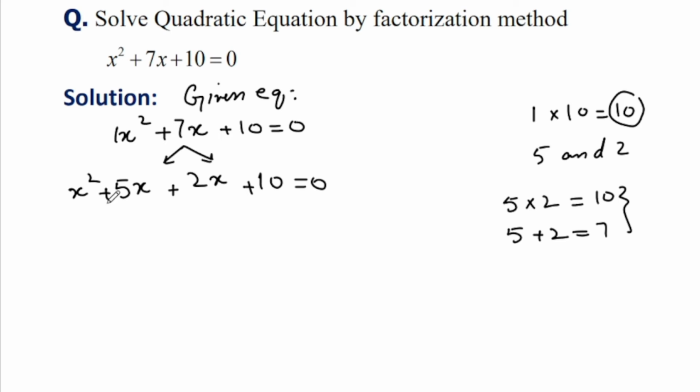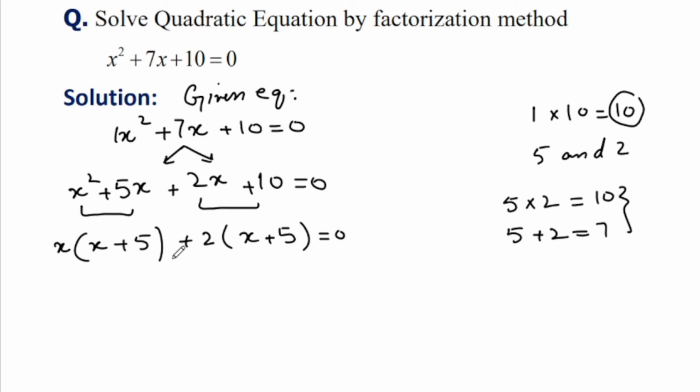So there are four terms in this equation, on the left hand side. So we group these terms. Here x is the common element from the very first two terms. Taking x as a common element, we have x plus 5. And now taking 2 as a common element, because these two terms are divisible by 2, so 2 is the common element from the last two terms. We have x plus 5